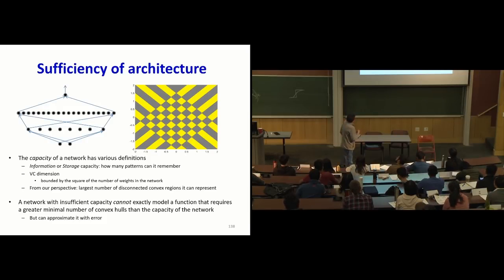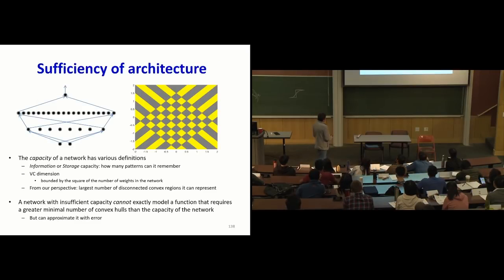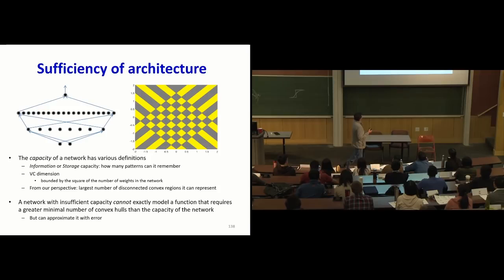we are speaking of the capacity of a network. The capacity of a network has various definitions. You have information or storage capacity, how many patterns it can remember, VC dimension. From our perspective, it is the largest number of disconnected convex regions it can represent. A network with insufficient capacity cannot model a function that requires a greater minimum number of convex hulls than the capacity of the network itself. Right? So it can approximate it with error, but it can't model it perfectly,